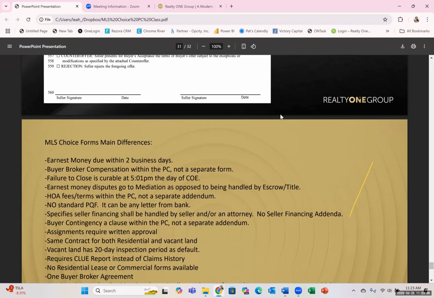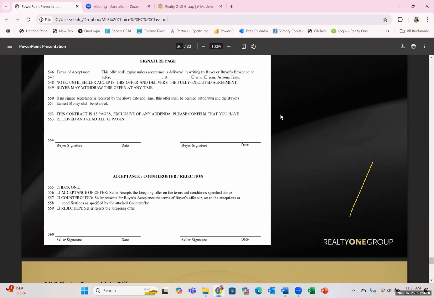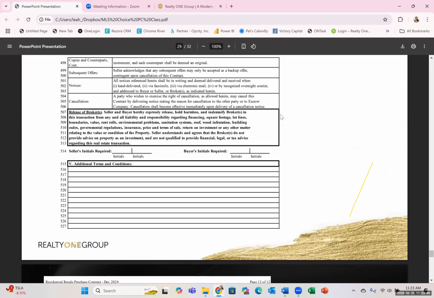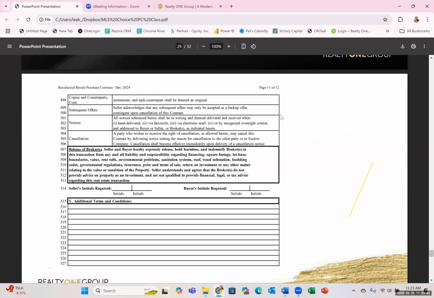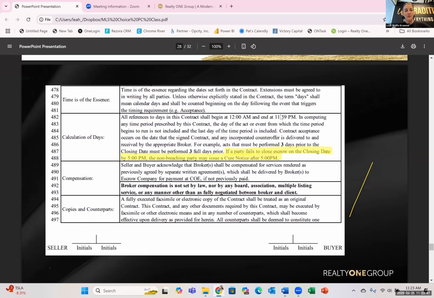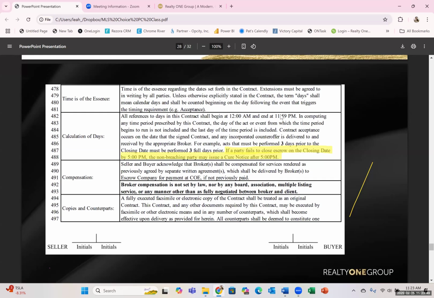Excuse me, Leah, could you scroll back up to that last page? Sure. Okay, where it says, oh, one more page up, sorry. Oh, I'm sorry. Okay. It says about the compensation there. It says something about delivered in a separate form, but I thought it was part of the agreement, or am